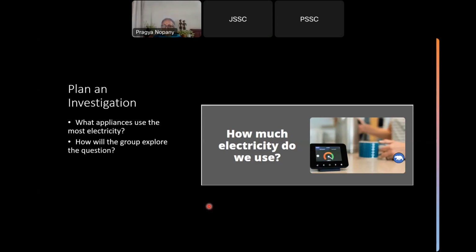Ask them, how will you explore this question? Some of them will say, we looked at the plugs. There were some smaller plugs and some devices used bigger plugs, right? So they might say that bigger plugs are given to the devices which use more electricity. They may not know anything else, but they might be looking at just the plugs. Then they might say, the bigger the fuse, the more the power needed. Some of them might have seen a fuse also, that in some devices a small fuse is attached. So the bigger the size of the fuse, the more the power needed.